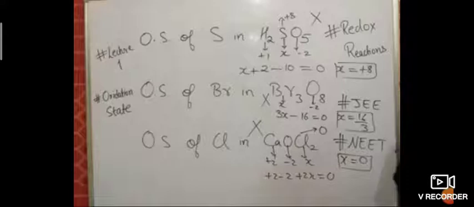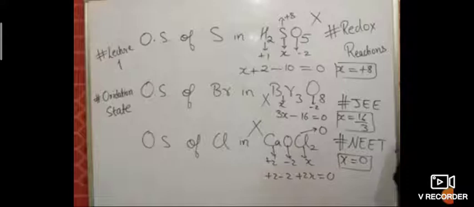Removal of an electropositive element also comes under oxidation. Hg2Cl2, mercury chloride, plus Cl2 gives HgCl2. Here one chlorine we are removing, so that is oxidation. Addition of an electropositive element: O2 plus Na gives Na2O. Here we are adding Na, so this addition of an electropositive element comes under reduction. So these are all the different versions of reduction and oxidation.